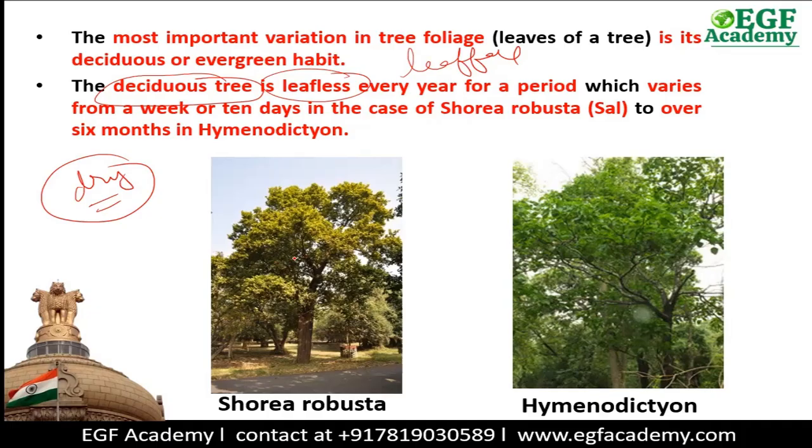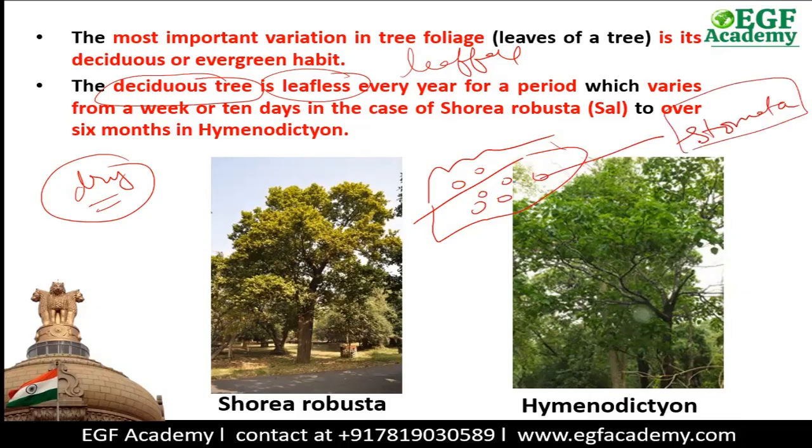This is also a kind of adaptation because the leaves of the trees contain stomata. Stomata are the pores. These are the stomata. In the tree, the root absorbs the water from the ground, and from these stomata, the water comes out of the plant. This process is known as transpiration. And because of this transpiration process, there is a lot of water loss in the trees. And if there is a dry condition or dry month, there is already a huge shortage of water.